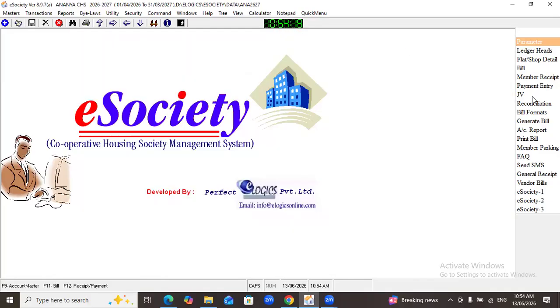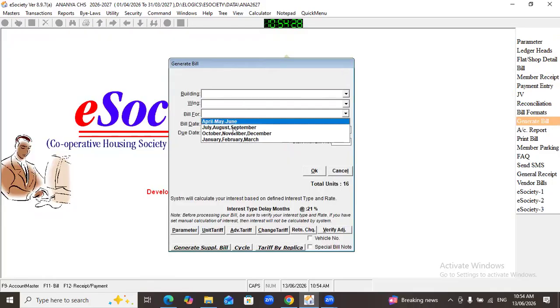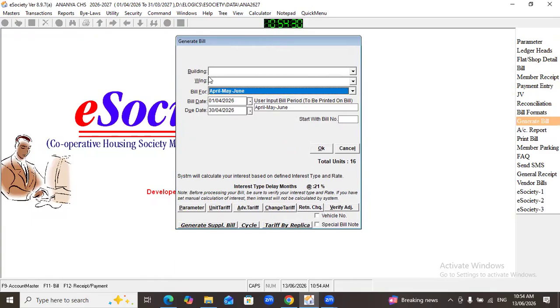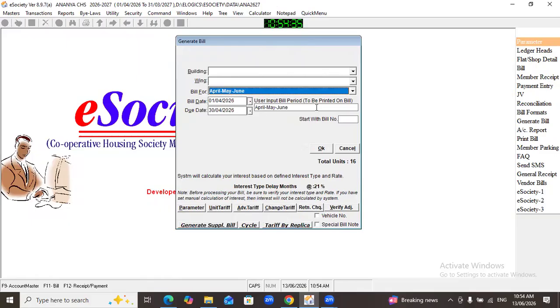First, we will check this without multiplying tariff. Then go to generate bill. Select bill for April, May, June month. Then click on OK.